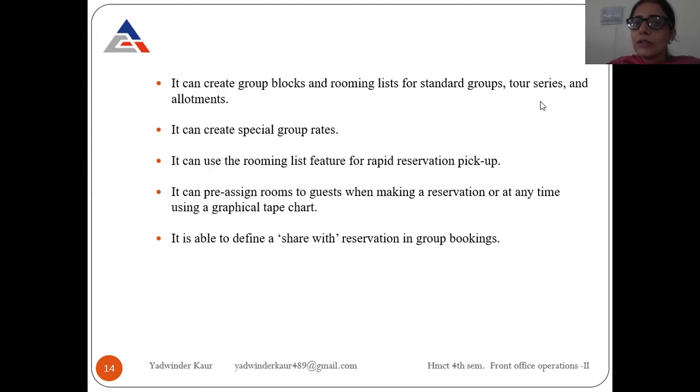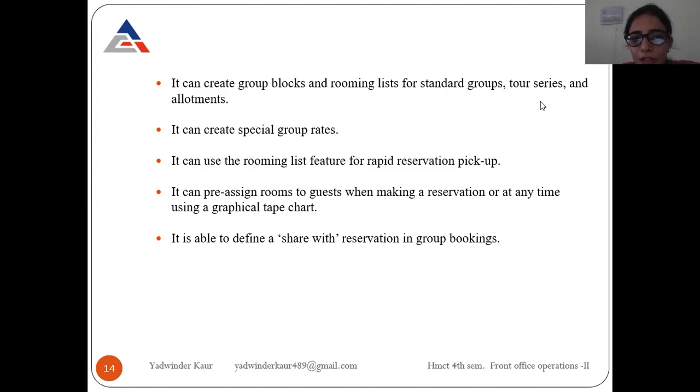Suppose a group is coming to your hotel, so we have to prepare the rooming list. We can prepare the rooming list using PMS software only, right? And for any tour series or any allotment, we can allot the rooms at the time of reservations only. Suppose it is today's arrival, so we can assign the room on the system, right?